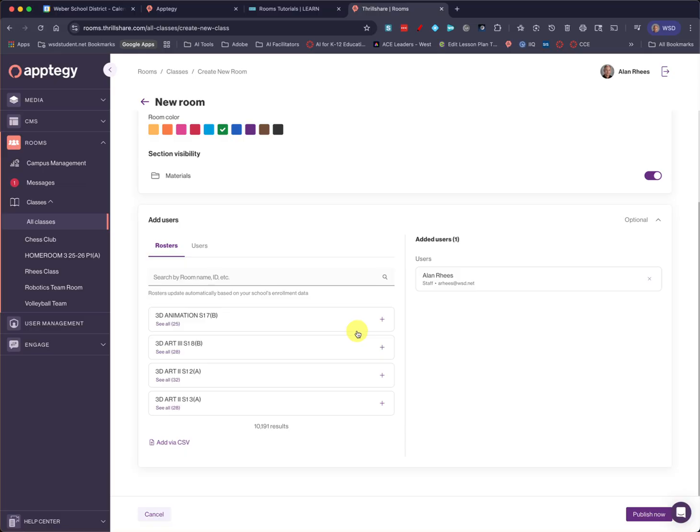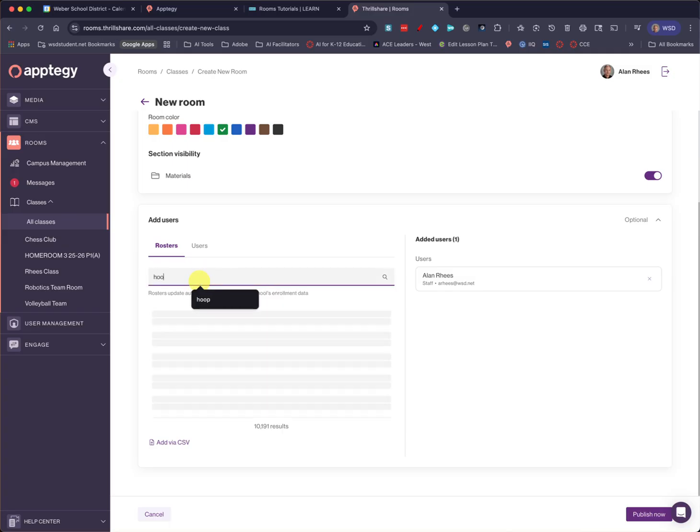So you could easily message all of your parents, and what you may want to do is do that for one room, but then go in and assign separate rooms to each of your courses. Elementary teachers, however, you're just going to choose your homeroom. And because I